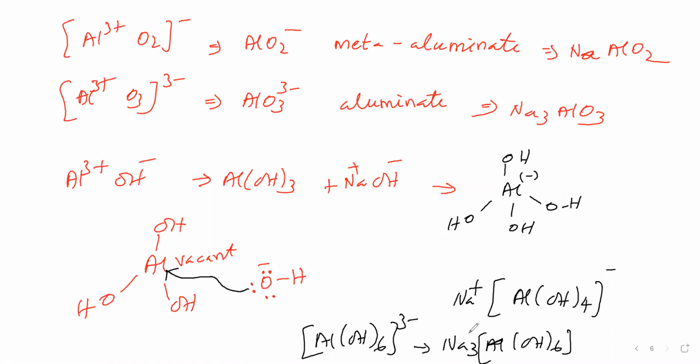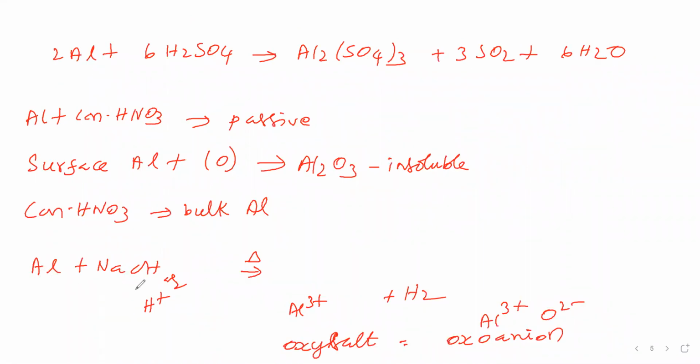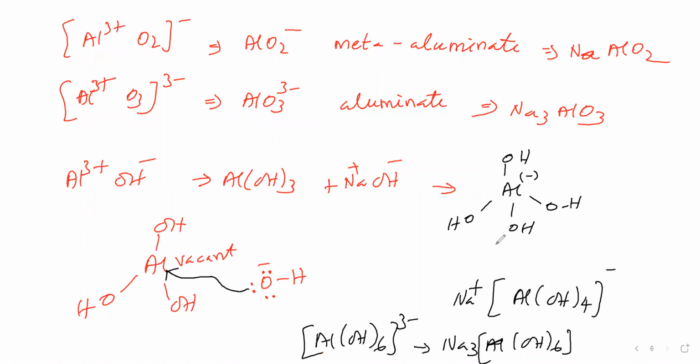Okay, therefore aluminum with sodium hydroxide solution boiling, how to write the equation? We can write in any form. You can use NaAlO2, Na3AlO3, this complex form or this complex form, anything you can consider. But what you have to remember, in aluminum with the sodium hydroxide solution boiling, aluminum is undergoing oxidation and becomes aluminum ion. In the sodium hydroxide, hydrogen is H+ that undergoes reduction and becomes hydrogen gas. This aluminum ion we can write in the form of NaAlO2, Na3AlO3, NaAl(OH)4, Na3Al(OH)6. In any form you can write it. As per that you balance it. Sir, we will take one form and we will balance this.